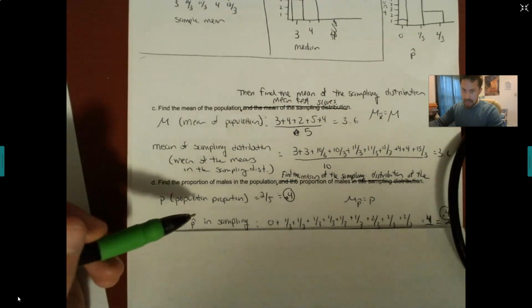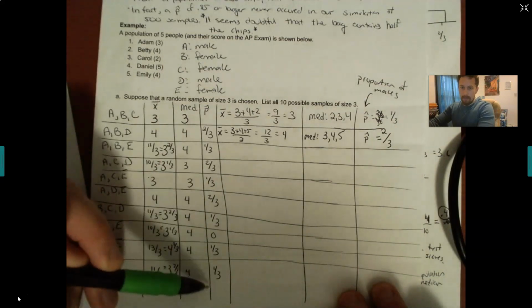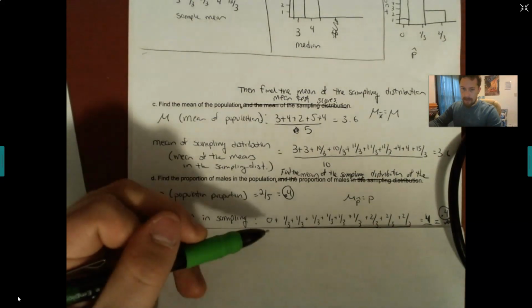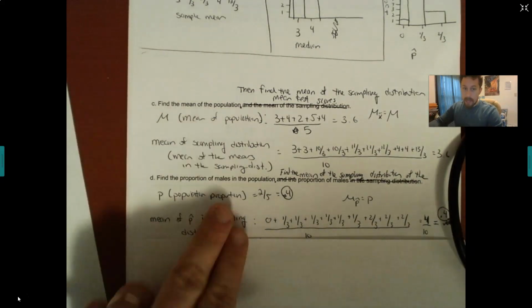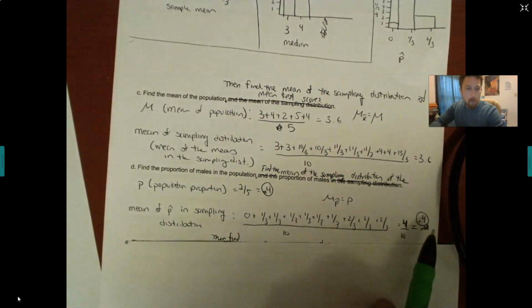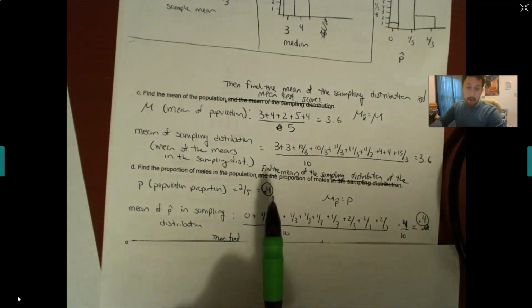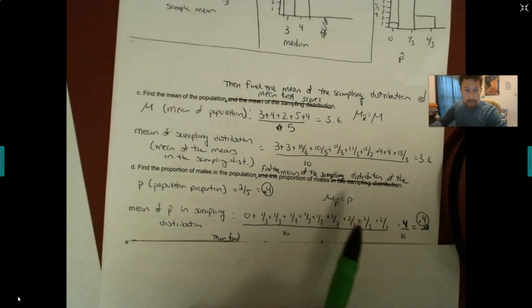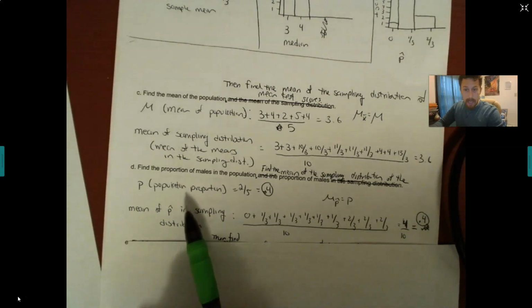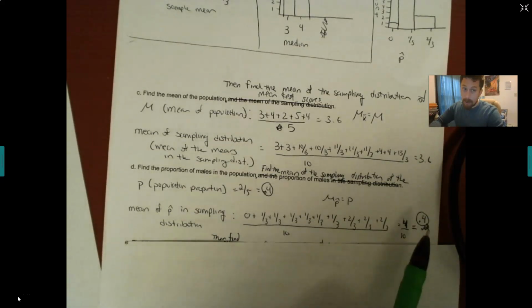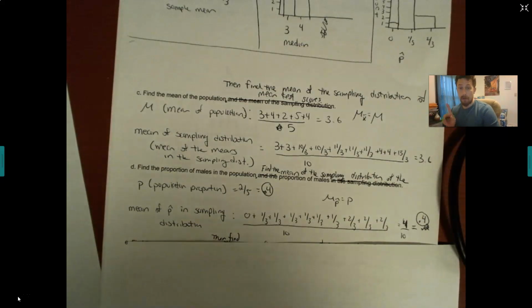Now we're going to take the mean of the p-hats in the sampling distribution. We're going to take this column, those 10 numbers, and average them. We add them together, divide by 10, and once again, we get 0.4. So the population proportion, 0.4, is equal to the mean of p-hat in the sampling distribution, 0.4. That means on average we would expect the same proportion of males as we get